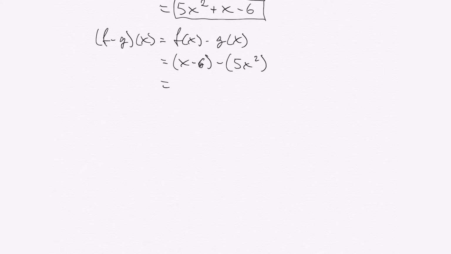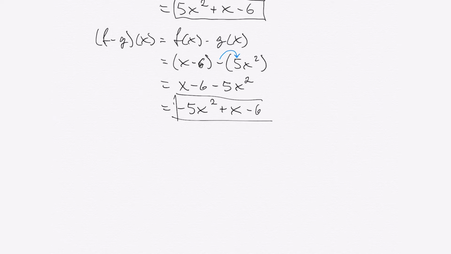You could say that we need to distribute this minus sign into that set of parentheses, so getting rid of our grouping symbols, we could write this as x minus 6 minus 5x squared, and then reorder them as negative 5x squared. The x was positive, the 6 was negative,